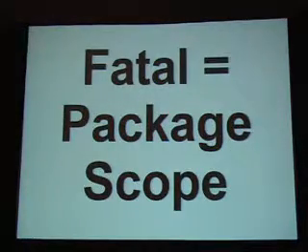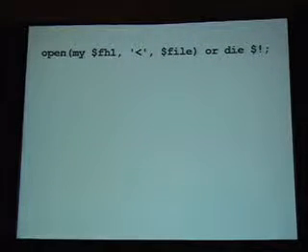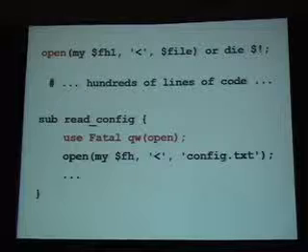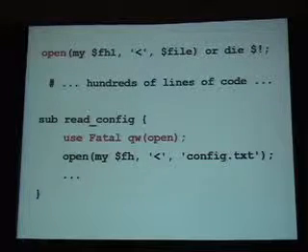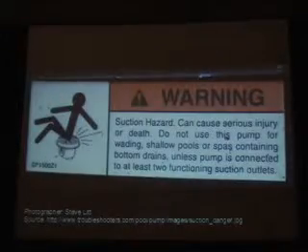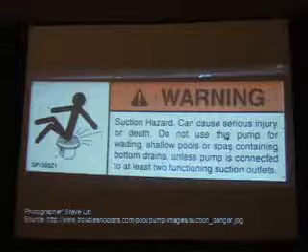Because fatal has package-wide scope. This means I can do an open up here, I can have my hundreds or thousands of lines of code, then I can have a subroutine which tries to use fatal. The fatal down there, because it has package-wide scope, changes the open at the top of my file. That sucks in a really odd way. So,